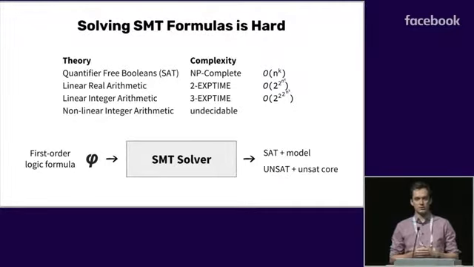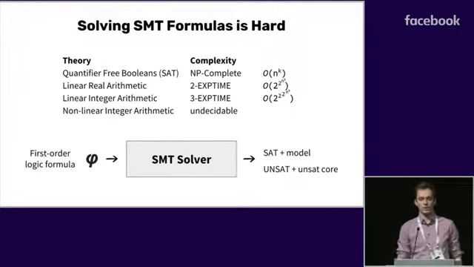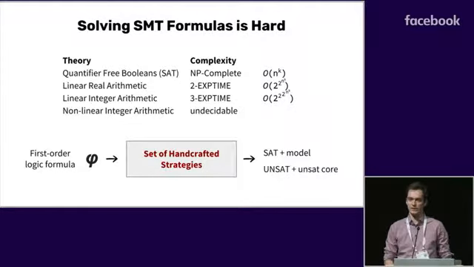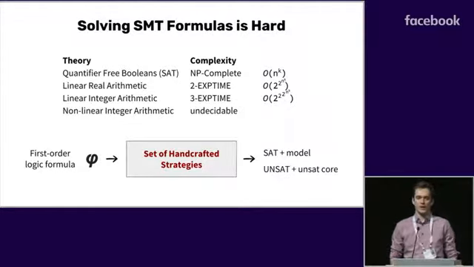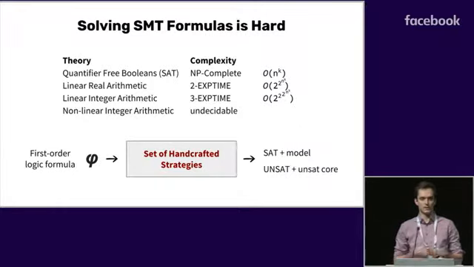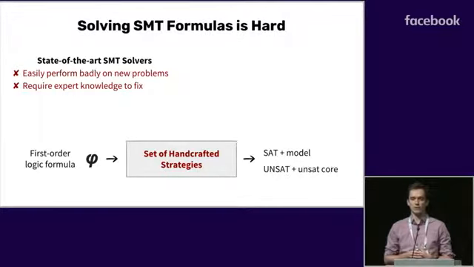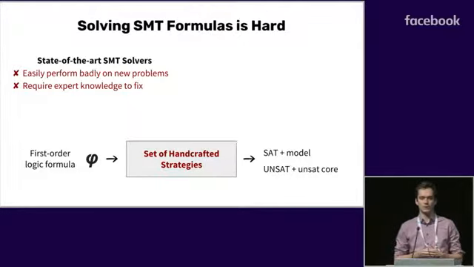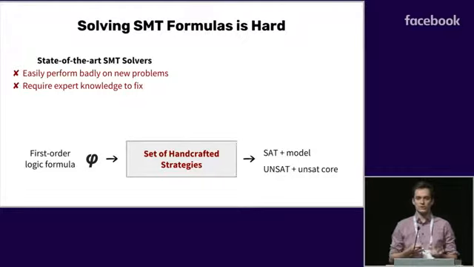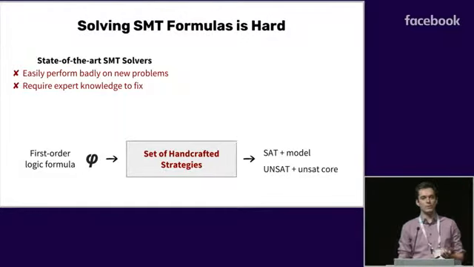So one of the challenges to make this fast in practice, what the developers do is that they resort to a set of handcrafted heuristics that are called strategies in this case. And these are defined for a set of common benchmarks and a set of common problems. As a result, one of the disadvantages is that if your problem does not fit into these benchmarks, it's likely that it's going to be very slow. And moreover, what's even worse is that if this happens, you as a user have no way to influence this, because to design these heuristics and strategies, you need expert knowledge in how the SMT solver is implemented, which as a user you just don't have. And this is a problem that we try to solve in our work.